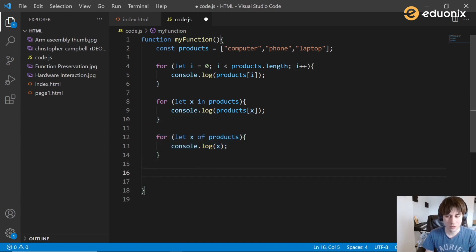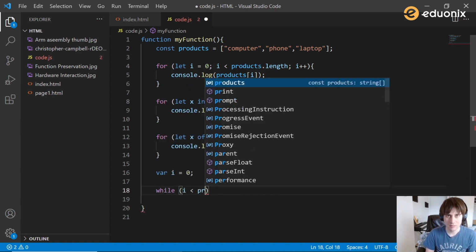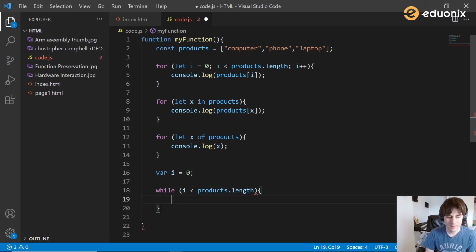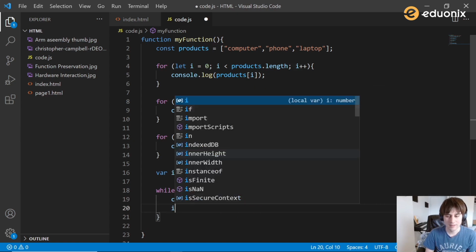And then the final type of loop that we'll discuss is a while loop. A while loop works a fair bit differently from a for loop. Rather than repeating a certain number of times, what a while loop does is it loops until a condition is no longer true. So let me give you an example. We could declare a variable i and set it equal to 0. And what I could do is I could say while i is less than products.length, I could do the console.log products at i, and then I could increment i